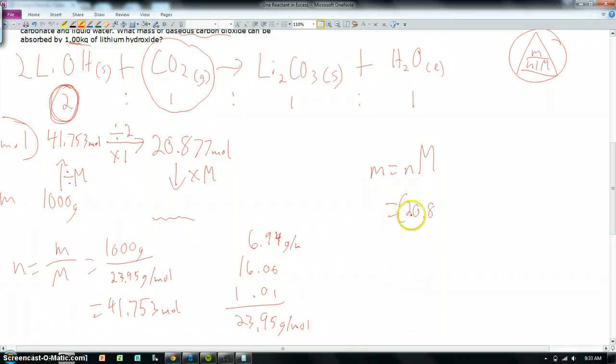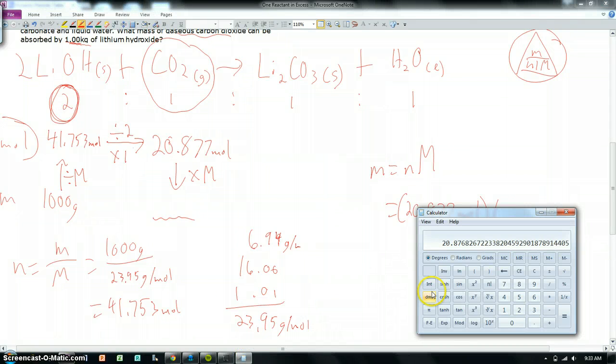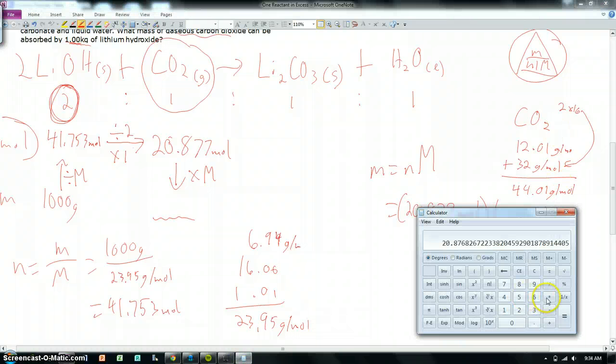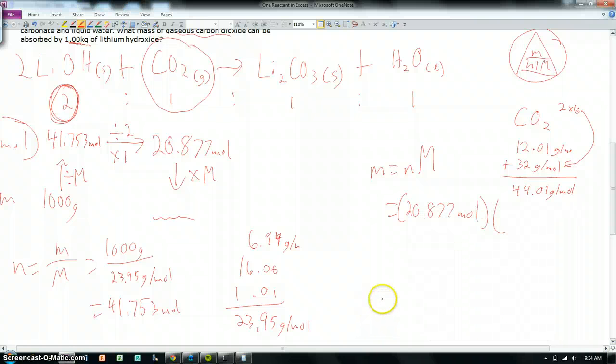Take my 20.877 moles, times that by my molar mass here of CO2, which is 12.01 plus 32. 1 carbon is 12.01 grams per mole. 2 times 16 is my 32 grams per mole. So I end up with 44.01 grams per mole for carbon dioxide. So I'm just going to take my 20.877, multiply by 44.01, and I'm left with 918.79